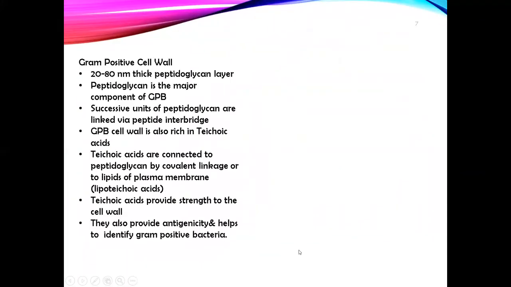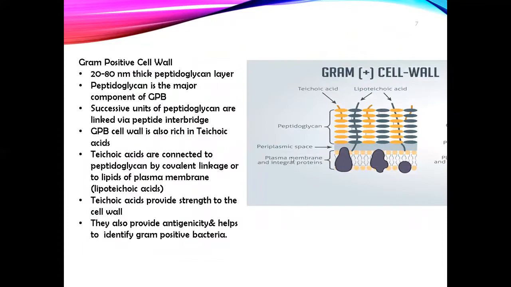So what does the gram-positive cell wall consist of? It consists of a thick layer of peptidoglycan. Then it is also rich in teichoic acids. Teichoic acids are connected to the peptidoglycan by covalent linkage or to the lipids of the plasma membrane. When they are connected to the lipids of the plasma membrane, they are known as lipoteichoic acid. Teichoic acid also provides strength to the cell wall, and it provides antigenicity,